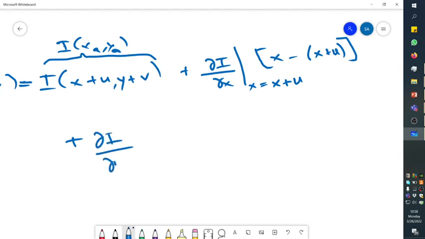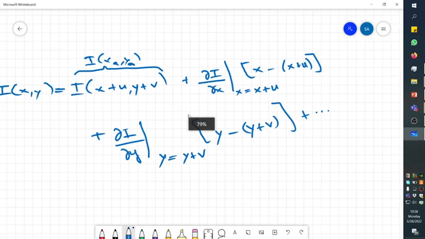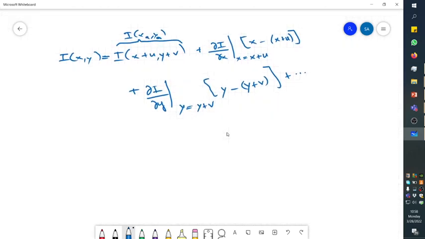Then we have the partial derivative with respect to the y direction evaluated at y equals y plus v, y minus y plus v. And of course we have higher order terms. So right now we are not going to take into consideration the higher order terms because obviously it gets complicated, so we want to simplify it and we want to focus on lower order terms. So if we further work this out, हमारे पास आएगा